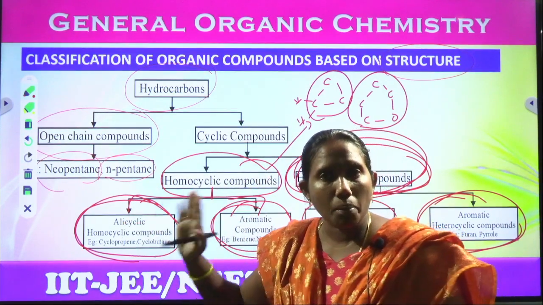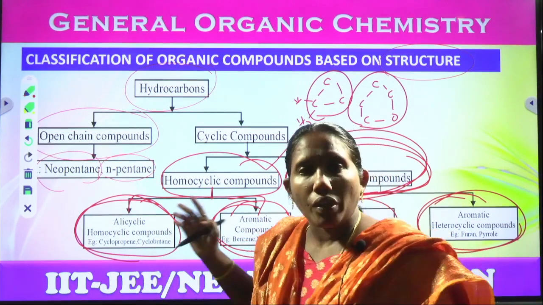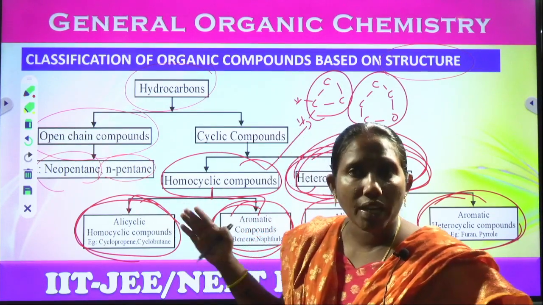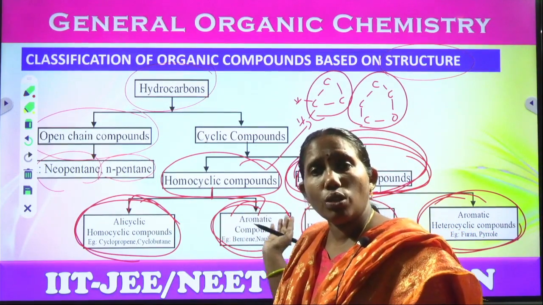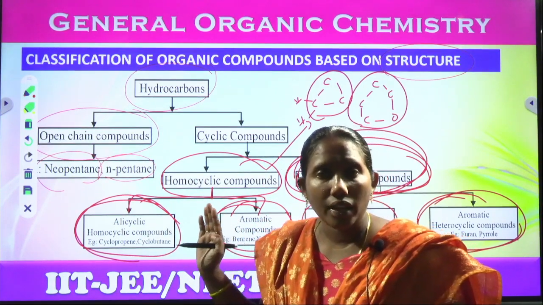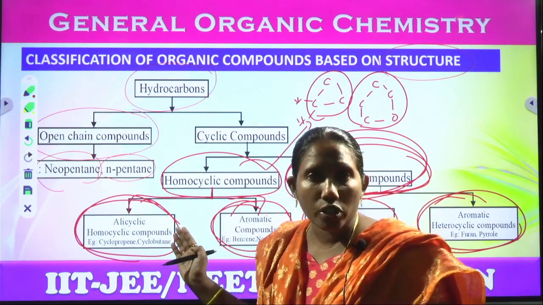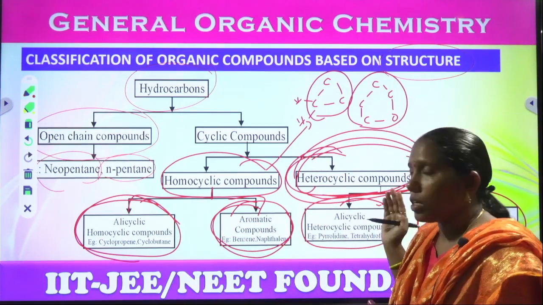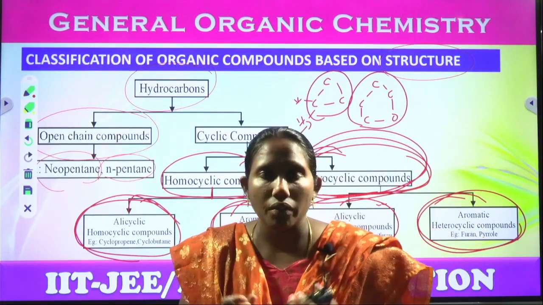Hydrocarbons are open chain compounds and closed chain compounds. We have examples of open chain compounds. And coming to the cyclic compounds, cyclic compounds are classified into two types, homocyclic and heterocyclic. Again in the homocyclic and heterocyclic we have two classifications. In homocyclic, there is alicyclic, and I will tell you what alicyclic is. Alicyclic is also known as aliphatic. Then alicyclic homocyclic compounds and aromatic compounds; like that only for the hetero compounds: alicyclic heterocyclic compounds and aromatic heterocyclic compounds.